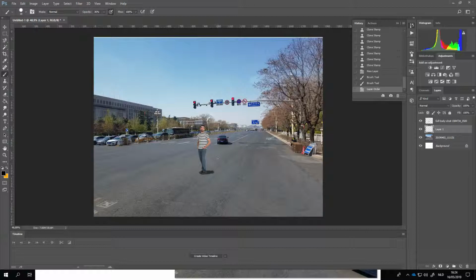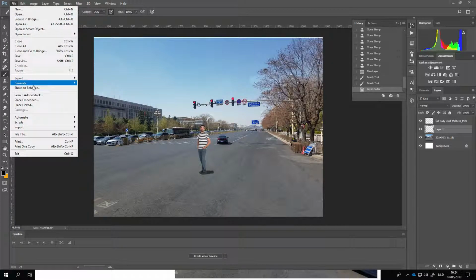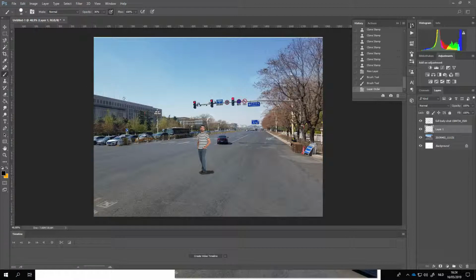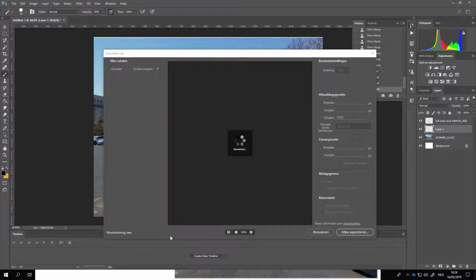So yeah, this was pretty much it. Maybe one more last step to actually retrieve the image, which is also pretty important. You want to go to File, actually export it, and you can pretty much choose whichever option you want. So we want to click on Export As, and then it's going to load us a tab with some settings,